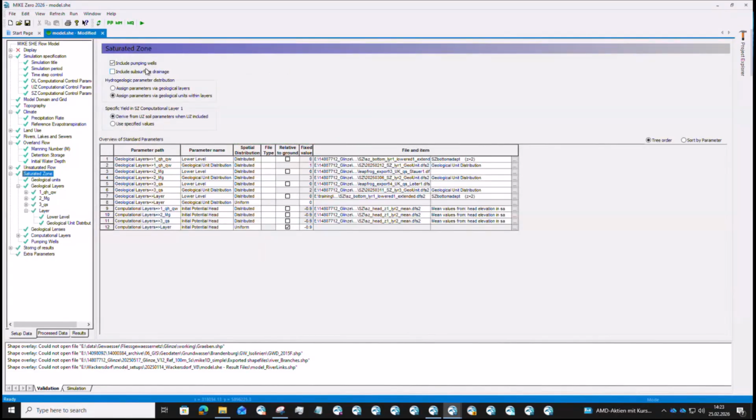When you turn on the groundwater, you have several options. You can include pumping wells, of course. You can include subsurface drainage. This is the indirect representation of rivers. You can choose how you want to assign the parameters. That means you can make a DFS2 grid for each hydraulic conductivity, or you make it in geological units. This is the recommended approach from our side,